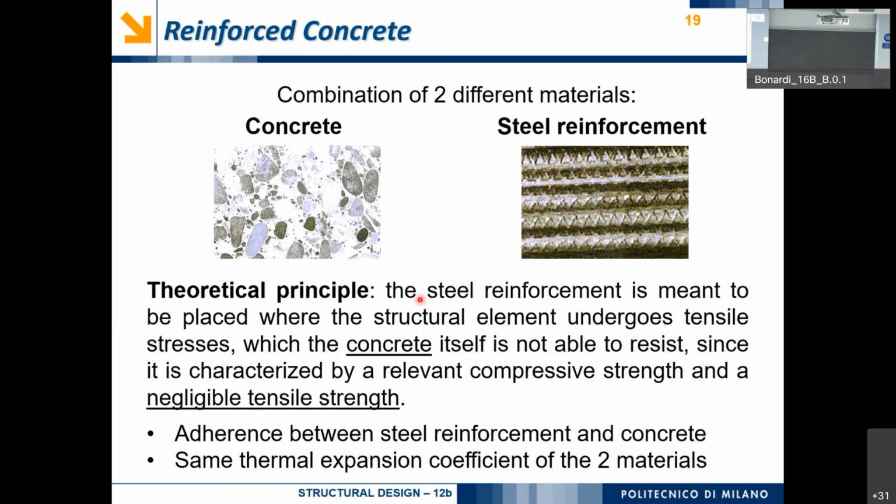So the basic principle is that in any structural element made of reinforced concrete, steel reinforcement is meant to be placed where the structural element undergoes tensile stresses, okay, not compression ones. Why? Because the concrete, so the artificial rock, itself is not able to resist tensile stresses,